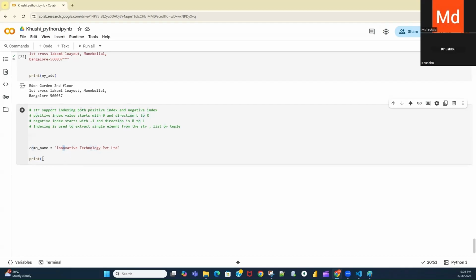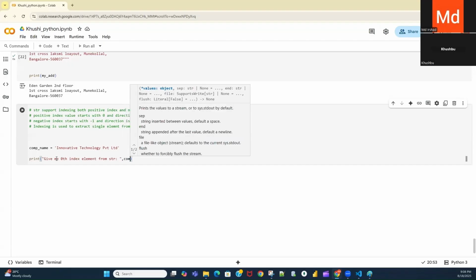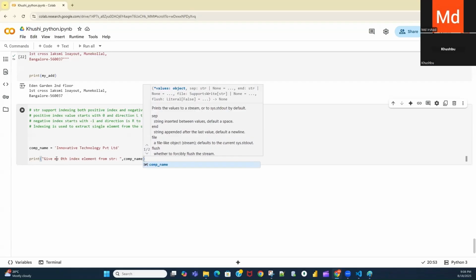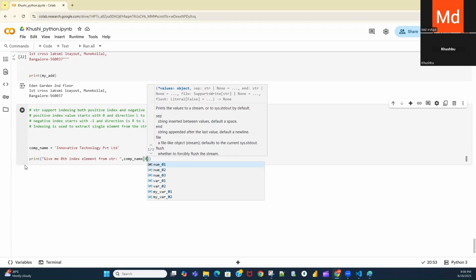Now I want to extract a value with the help of this positive index. So I will write, give me the zeroth index element from the string. Here I will pass my variable name and here I will pass the zero index.